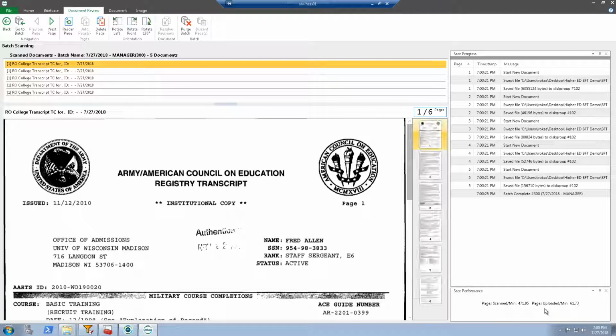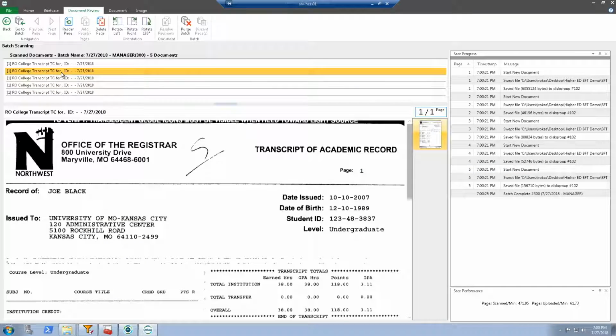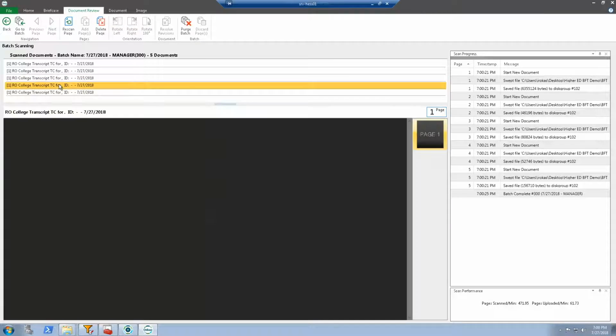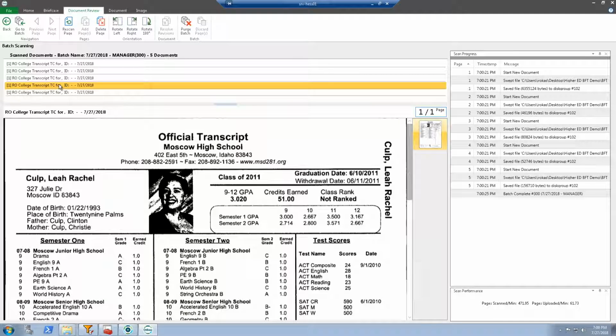At this point in time, I would have the ability to QA or review these documents to make sure that they were scanned in correctly. You can see my first transcript is a military transcript. It's 6 pages. Go to the next one. We have a college transcript. What I brought in was really 2 college transcripts, 2 high school transcripts, and also a military transcript. So I wanted to do a good combination of all the different types of transcripts that you could potentially